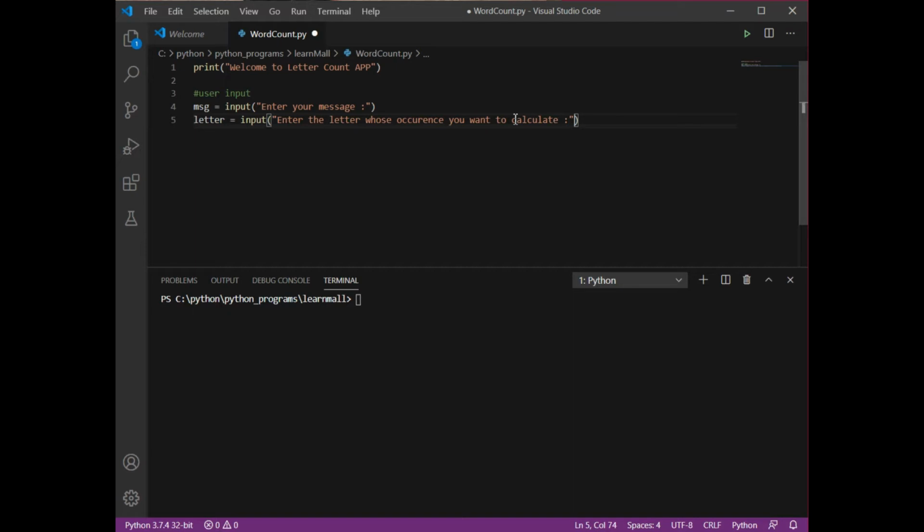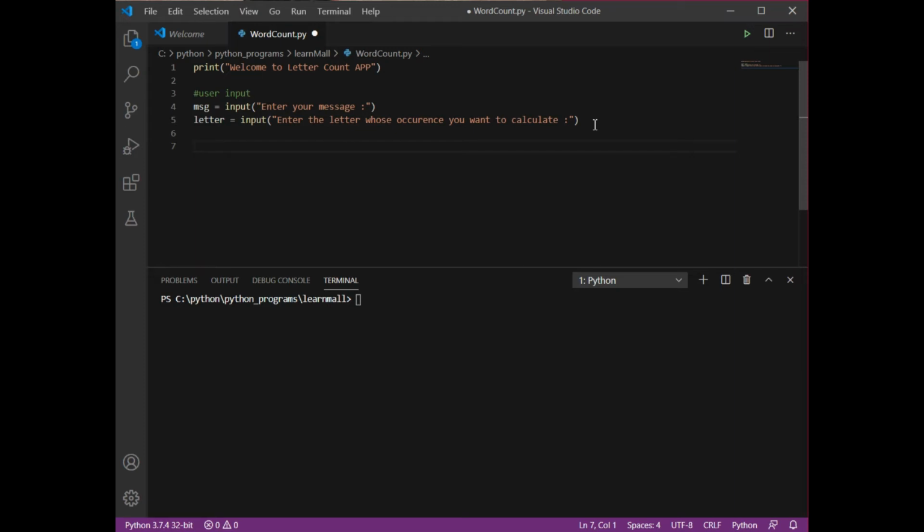Now we are going to count the letter. If you remember, while discussing the string data type we discussed a function known as the count function. The count function is going to calculate the number of occurrences of a letter.